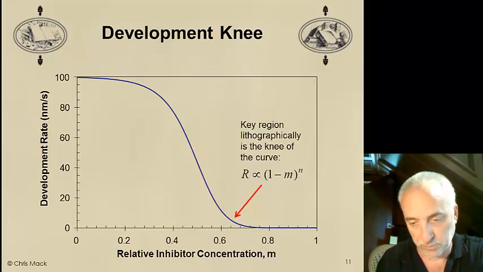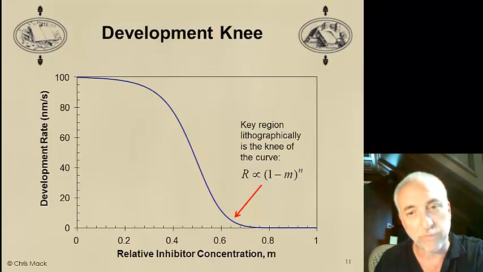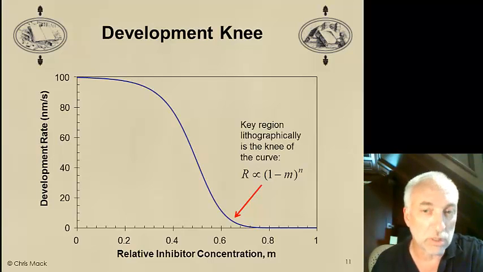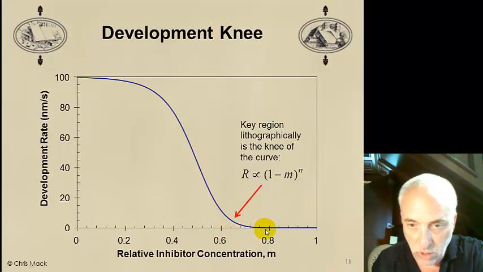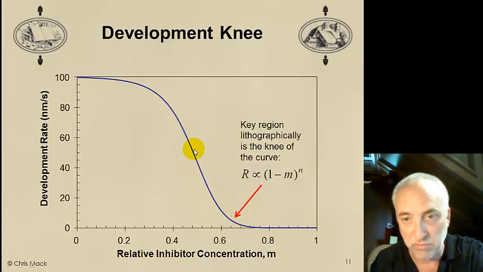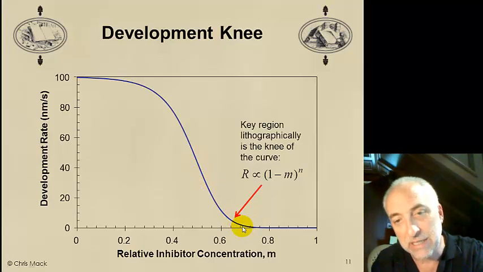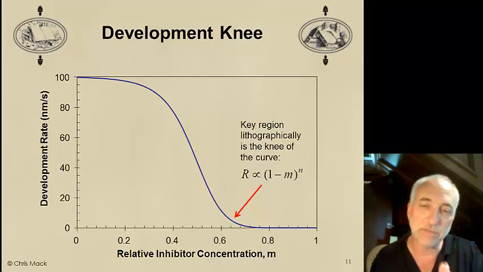One last thing. While describing the entire development rate curve is valuable, there is one region of this curve that is the most important, and that's this knee region. The knee region is the region shown here where I make a transition from very low to much higher development rates. Obviously the threshold is what we call the transition point, but the knee is even more important because it represents what's going on at the edge of development